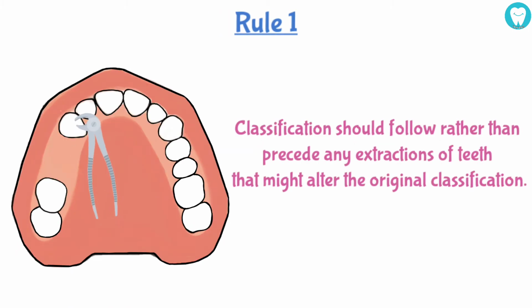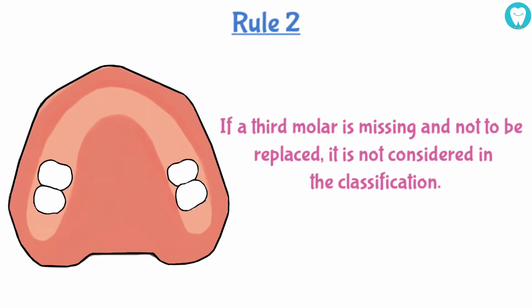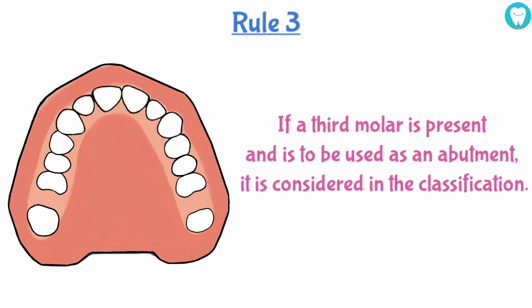Applegate provided the following 8 rules to govern the application of Kennedy's system. Rule 1. Classification should follow rather than precede any extractions of teeth that might alter the original classification. Rule 2. If a third molar is missing and not to be replaced, it is not considered in the classification. Rule 3. If a third molar is present and is to be used as an abutment, it is considered in